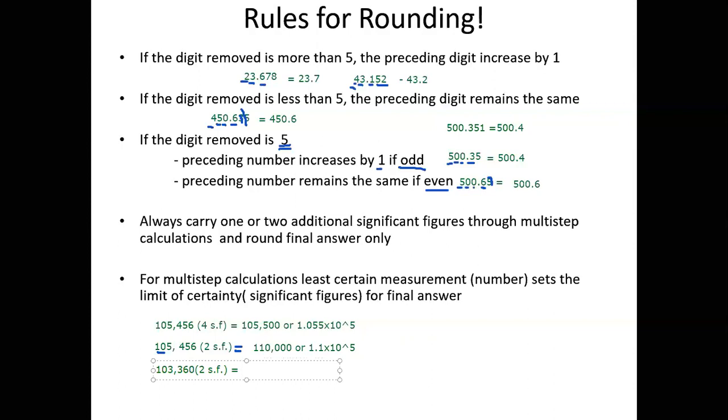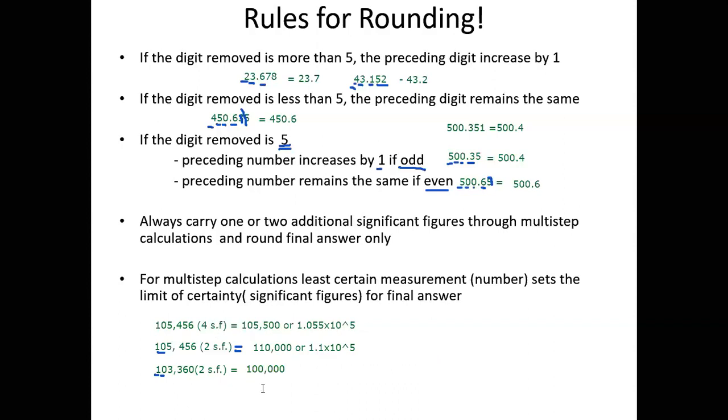So let's say we have 103,360 and we want to round this to 2 significant figures. Well, after the 0 is a 3, and 3 is less than 5. So what does that mean? That means we drop the 3, the remaining digits. So you may want to write it like this, but this is incorrect because this shows